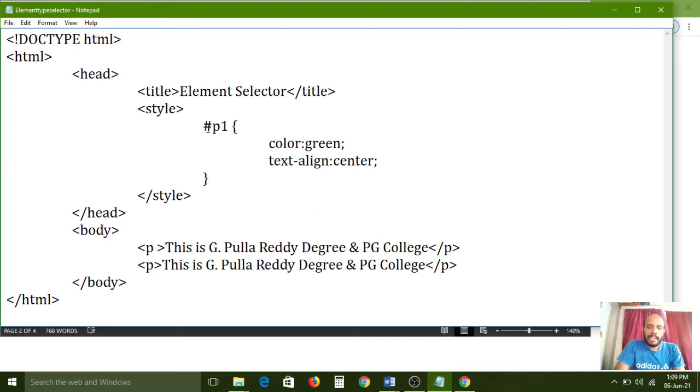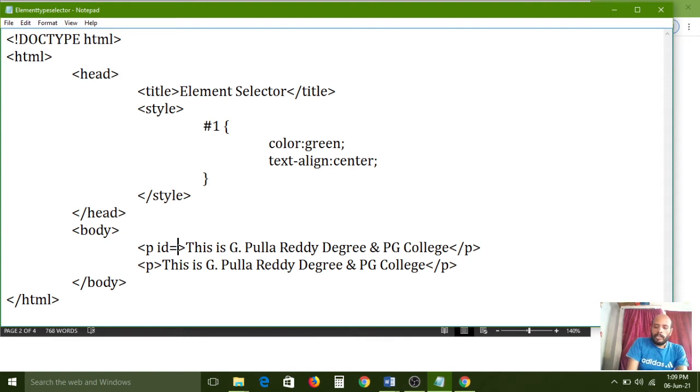So that's why, after the hash symbol, we can give any name. I gave hash 1, right. So here the id attribute we need to use. I gave id attribute 1 in between double quotes. The id attribute plays a very important role here.